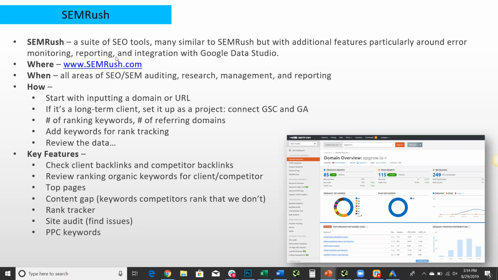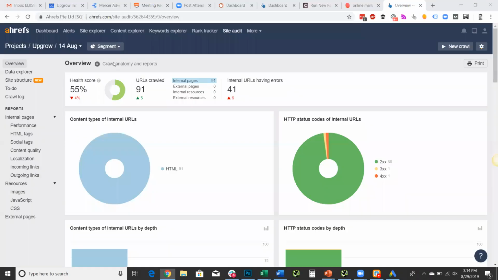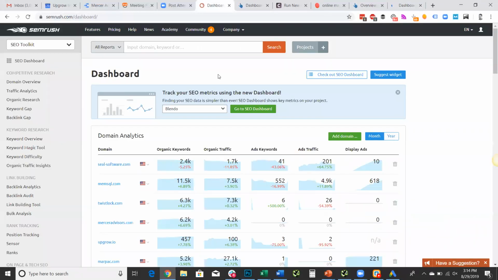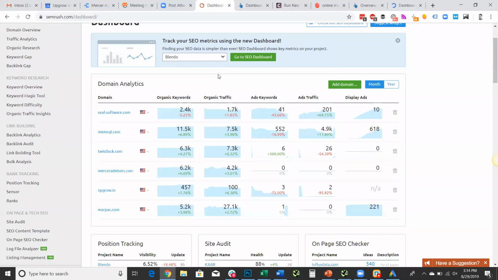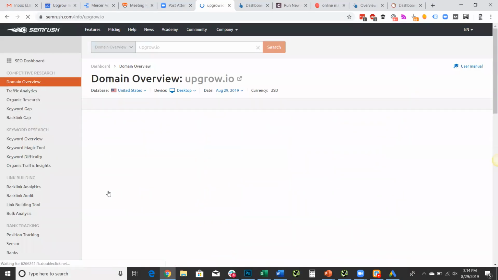If I go to SEMRush.com, I'm already logged in here. As soon as I log in, I can see a dashboard for my clients. If I need to add a new one, I can click that here. If I drill down into the domain,